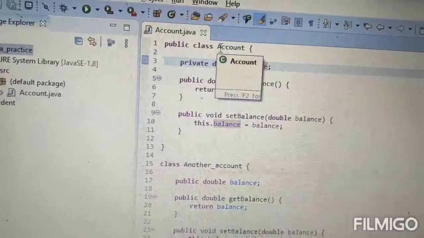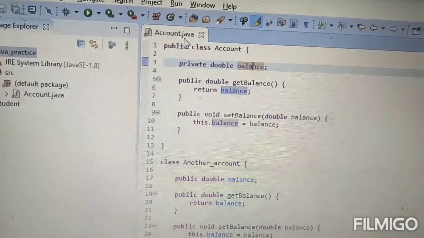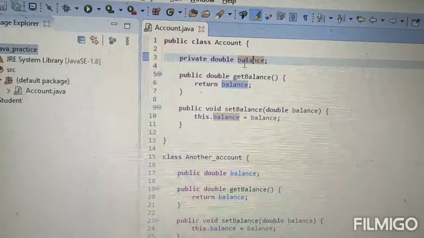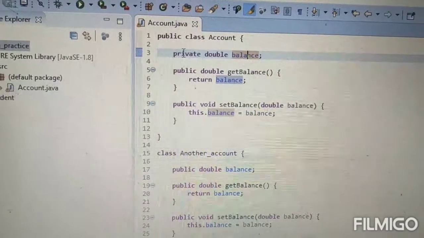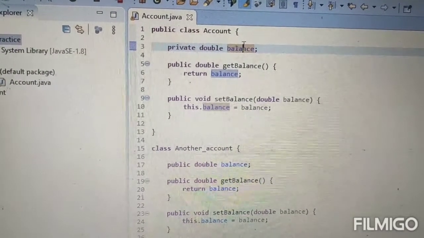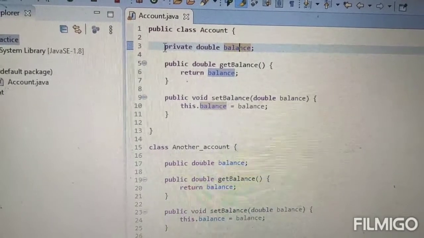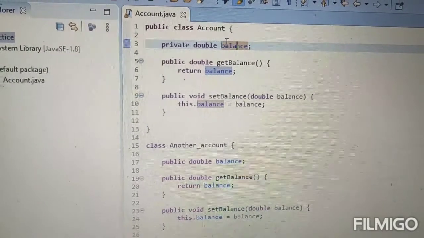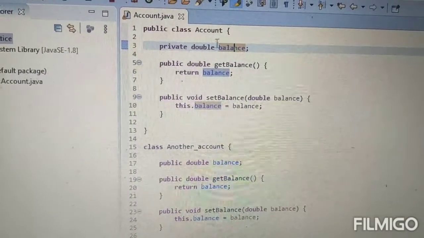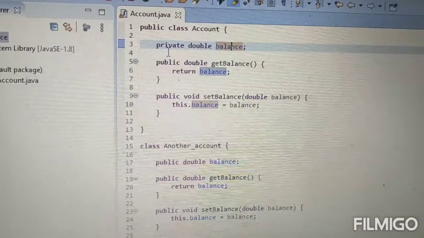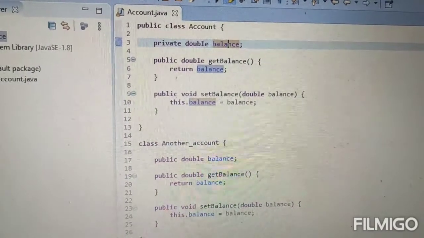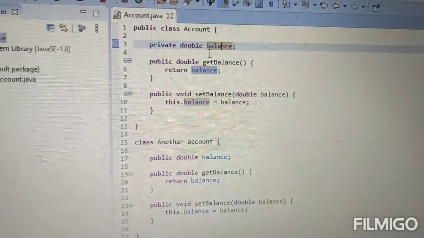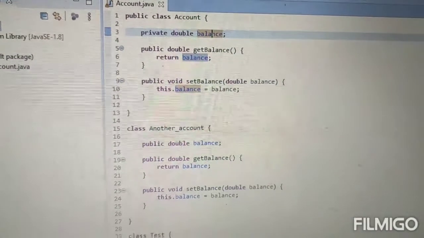I declared, in an Account.java file, an Account class having a data member balance, which I declared private. Declaring a data member as private means we are achieving the data hiding concept here. The data of the Account class is hidden from the outside world. Outside the class, you cannot directly access this balance. How? We'll see here.